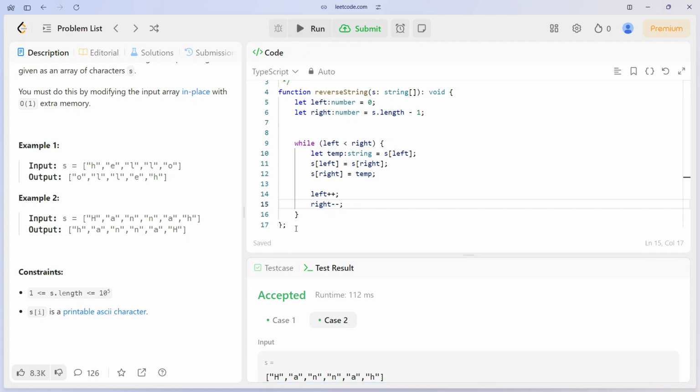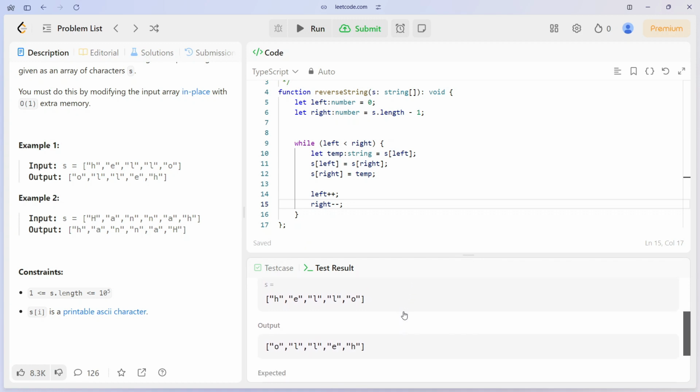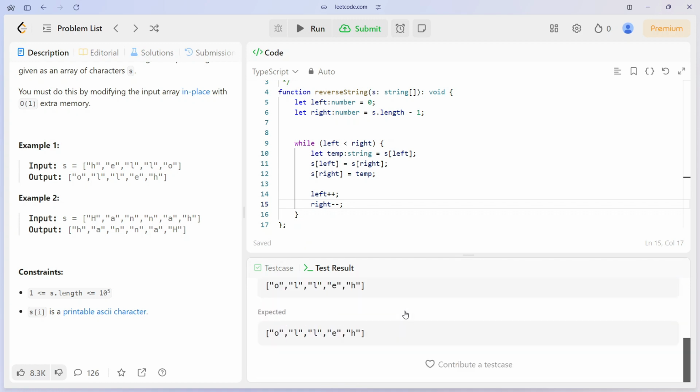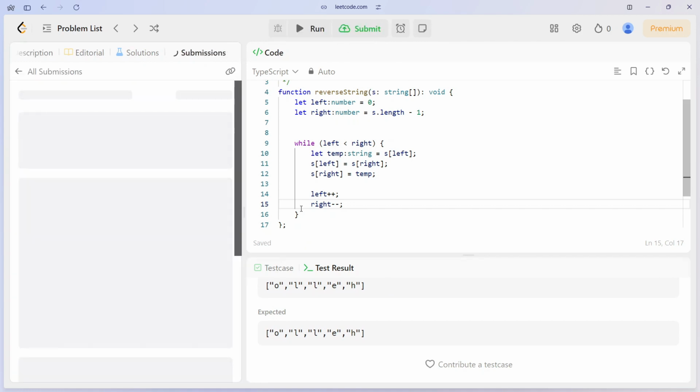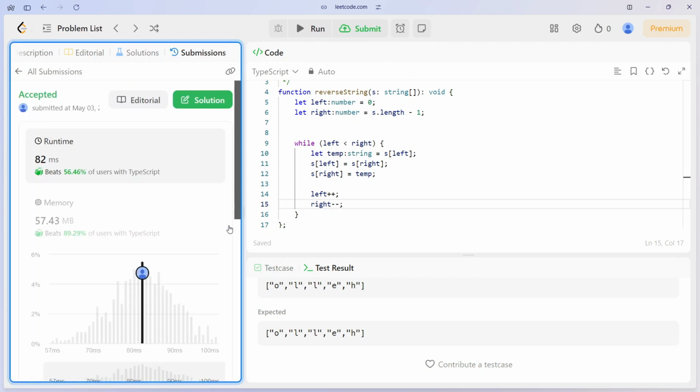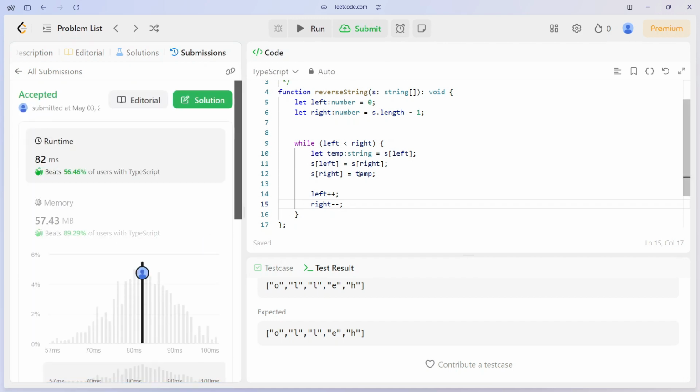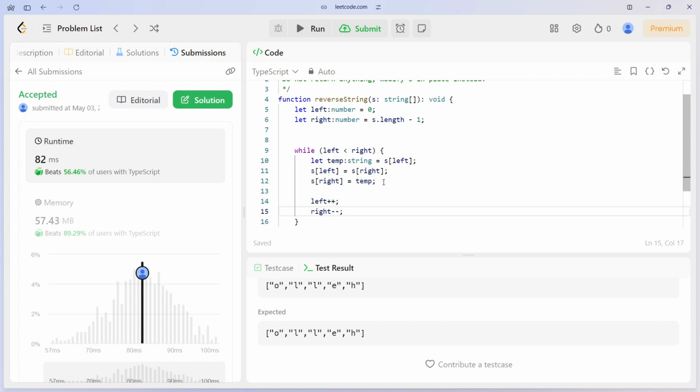Okay, case 1 is accepted, case 2 is also accepted. Okay, our cases are accepted. Now we can finally submit the code. Our solution is also accepted. So that's it for the video. We have effectively solved the Reverse String problem, and this problem involves swapping the values